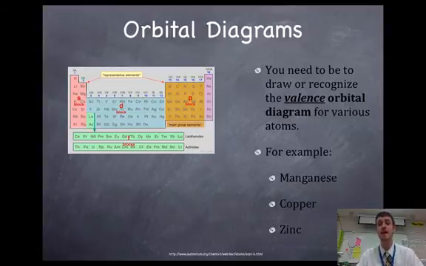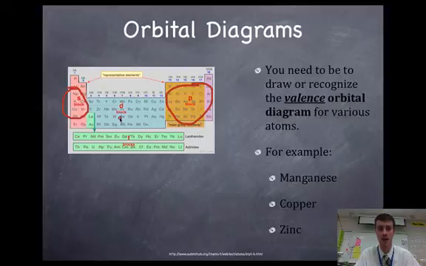When you're talking about a valence shell, it's only made up of your s block and your p block electrons. So you're not going to count your d block electrons at all. You're just looking at your s and p electrons. So if I'm doing it for manganese and I were doing my orbital diagram, the only ones that count are my s block and my p block. Okay, so it's going to be